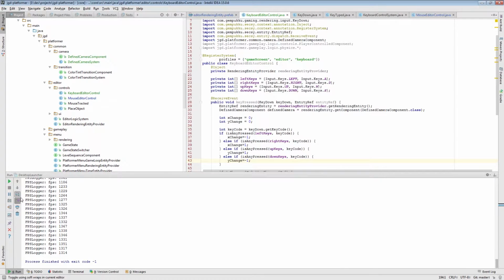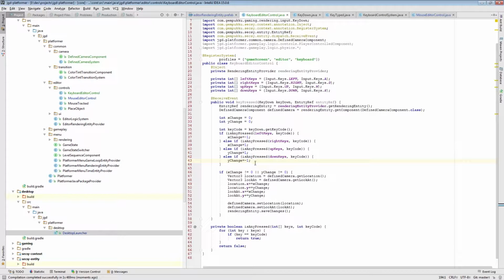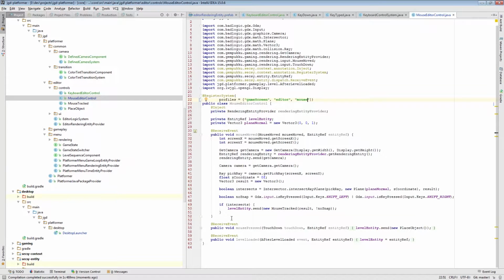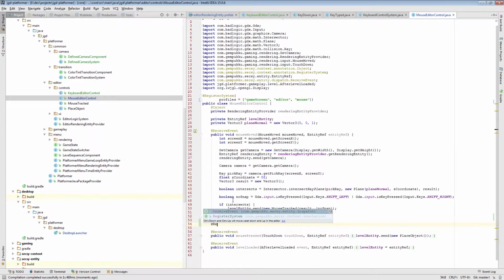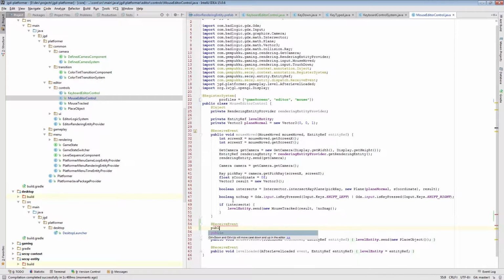Okay, so that's good. So what do we want to do next? Now I want to be able to move in the depth direction. And to move in the depth direction, I would like to use mouse scroll. So in the mouse editor controller, I'll do receive event, mouse scrolled,